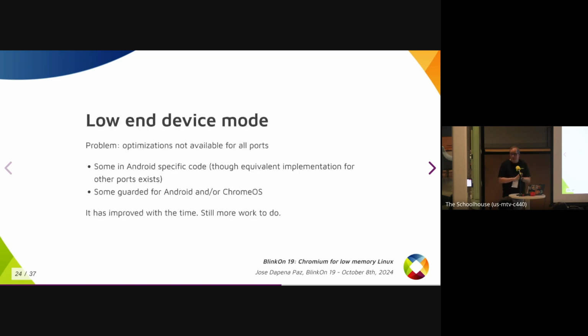Okay, so the main problem here is that these low-end memory optimizations are not always available for all the ports. In some cases, it's basically in the Java code of Android, so the equivalent implementation in Chrome, in the Aura implementations, is not going to have these optimizations. And in other cases, it's just basically